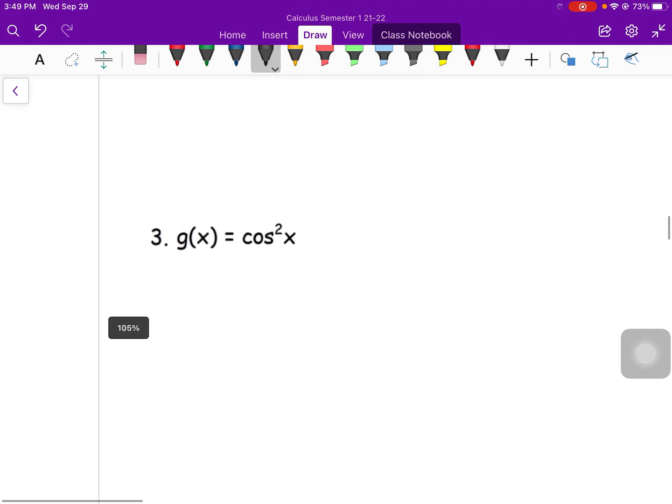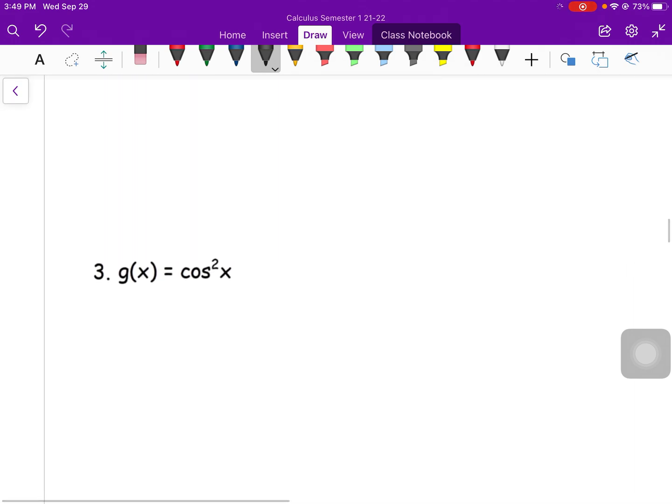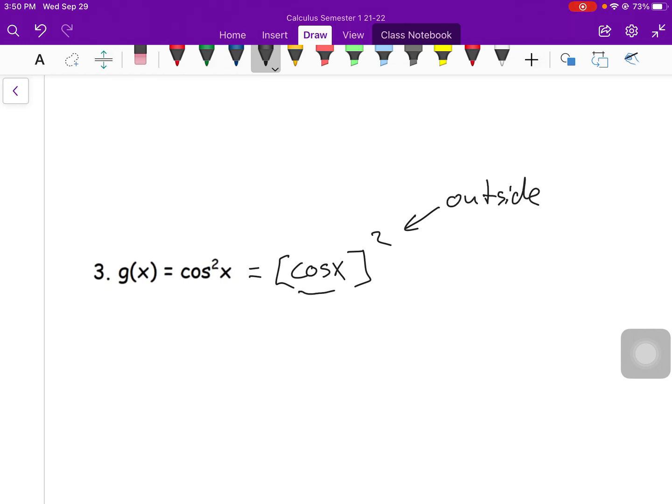For number 3 here, if you've taken trig, this is probably easier to remember than if you have not, but this is the same thing as cosine of x squared. We just write it a little bit differently because mathematicians are lazy. We want to save a little bit of writing. Thinking of it like this, we have the squared piece is our outside, and the cosine of x piece is the inside. All right. So g prime of x, excuse me, the derivative of the outside,